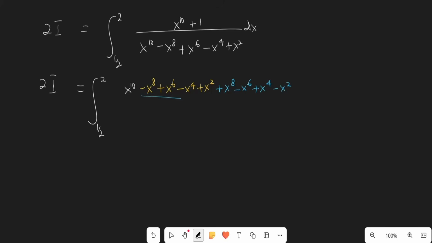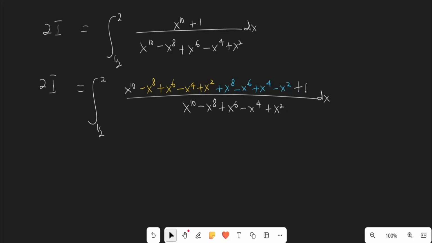So see that these ones will sum to 0. Basically I'm just adding 0 to the numerator, and after doing that we have to add the plus 1, that is the 1 here. And this is divided by the denominator, which is x raised to the power 10 minus x raised to the power 8 plus x raised to the power 6 minus x raised to the power 4 plus x squared,